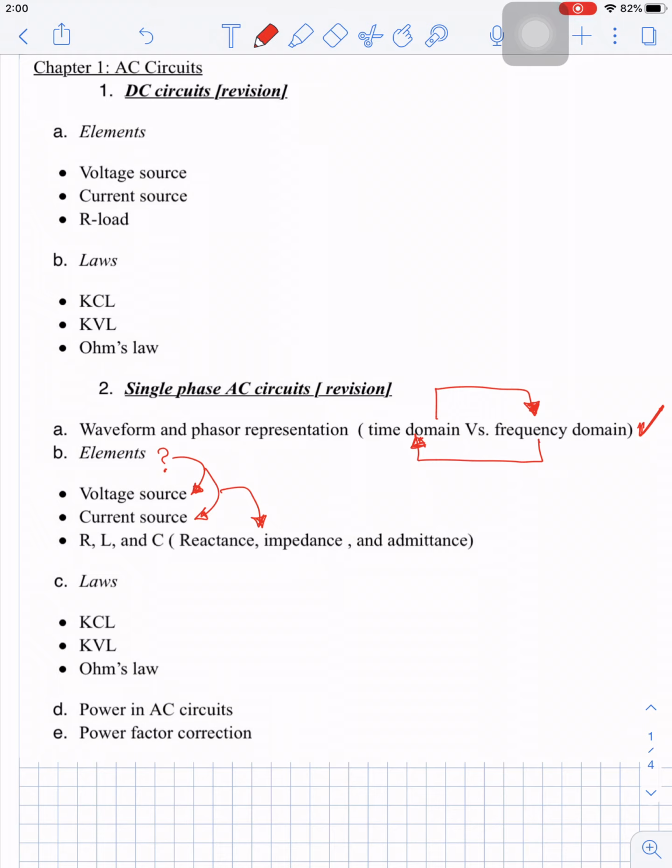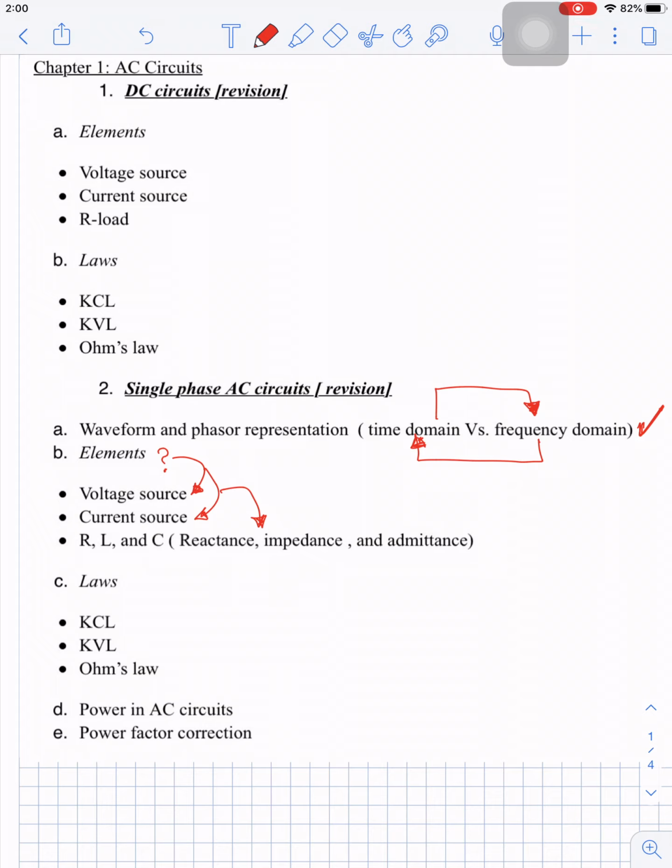The resistance in AC circuits is R with angle 0, the inductance is j omega L in ohm, and the capacitor is minus j over omega C in ohm. This is the frequency representation of the elements R, L, and C. If we use this representation, we will have all the values in ohm, so we can use just Ohm's law, V equals Z